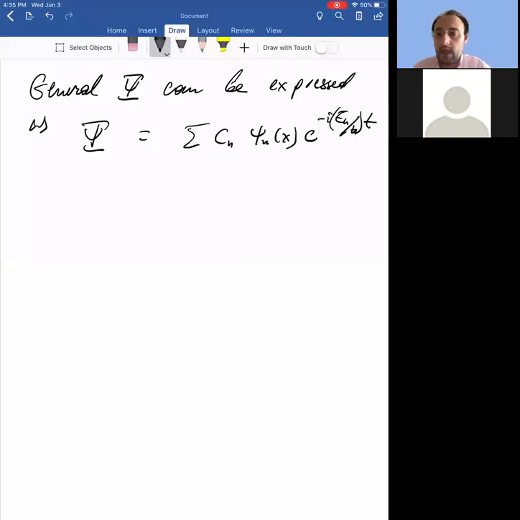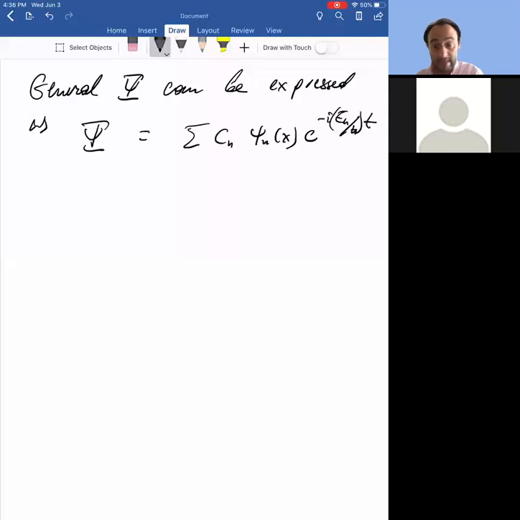Okay. So in general, you can always do that. How do you find these coefficients? That's beyond the scope of this class. We're not going to discuss it. But you can always fine-tune the coefficients to get the wave function that you want. You don't always express the wave function like that, but one can express it like that. If some of the C's are missing, then when you do make the measurement, you're not going to find that